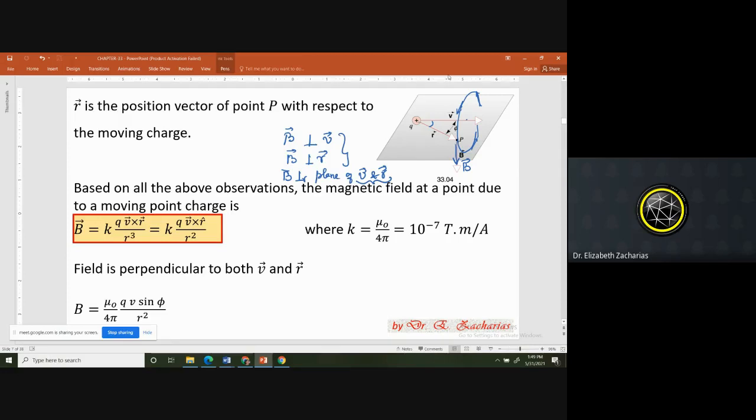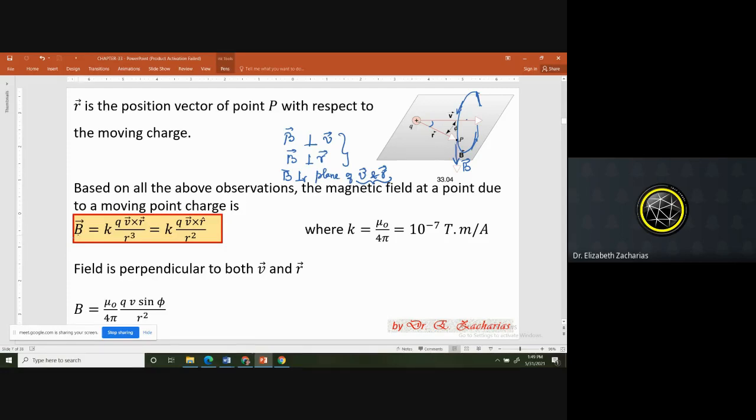Perpendicular to the plane of two vectors can be obtained by taking a cross product. Or you can simply say that the magnetic field is going to be parallel to V cross R. And V cross R is VR sine phi. So that's the reason why we got that sine phi also. So now combine everything that you got. Okay. And then write a single equation.